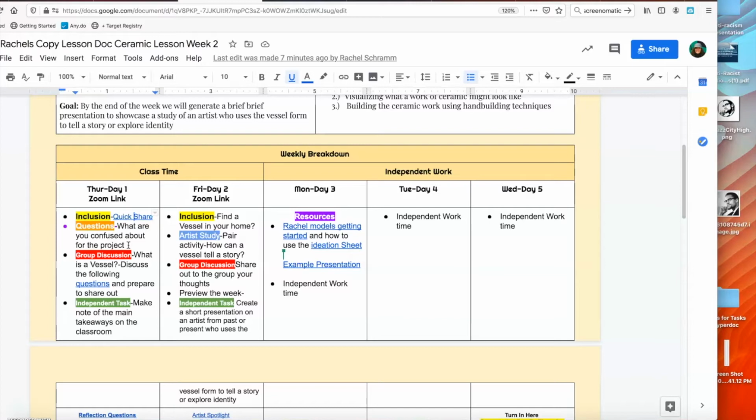I find it's really helpful when kids ask questions. Usually other kids have the same question. And then I'm going to get them into a group discussion of what is a vessel. So a vessel is a really simple concept. You find it in primitive cultures, that it's basically a form that has an opening in the middle. So it's really a simple concept, but it's so ancient that you see it both in the past and